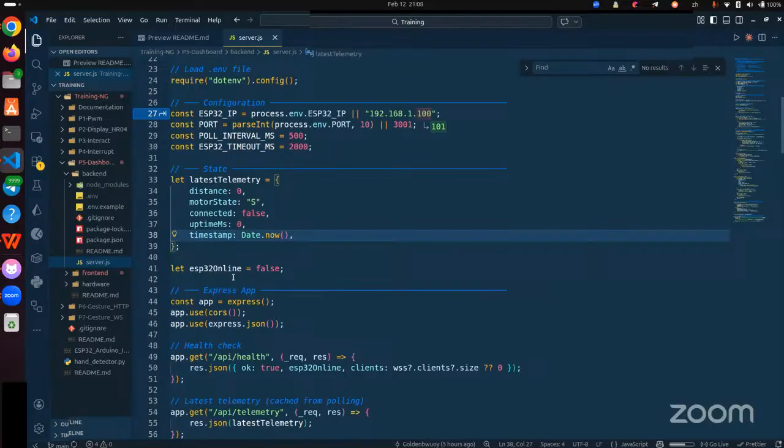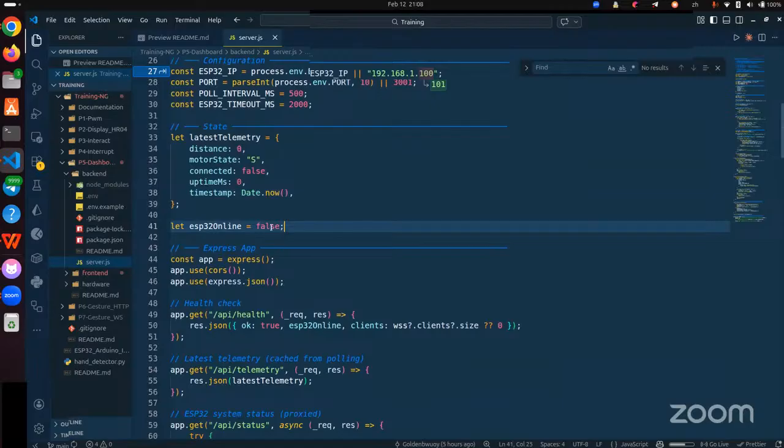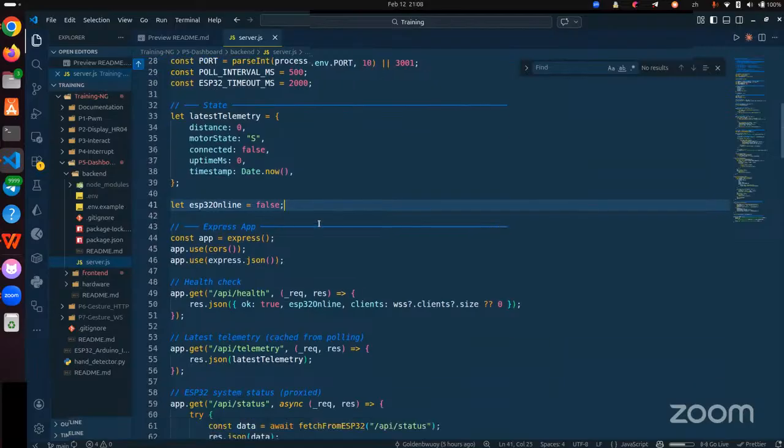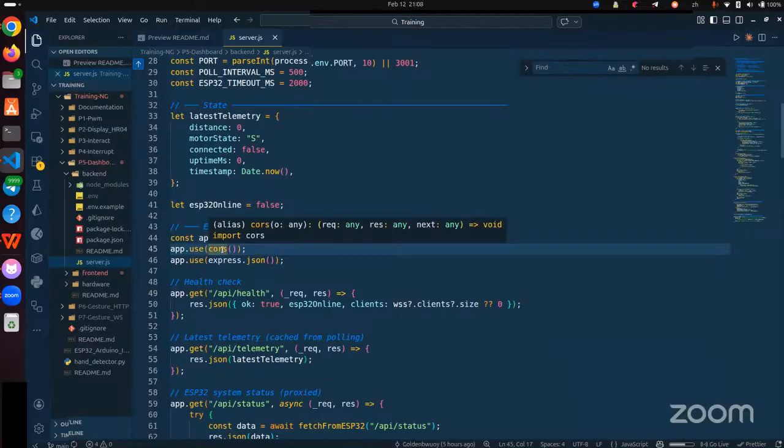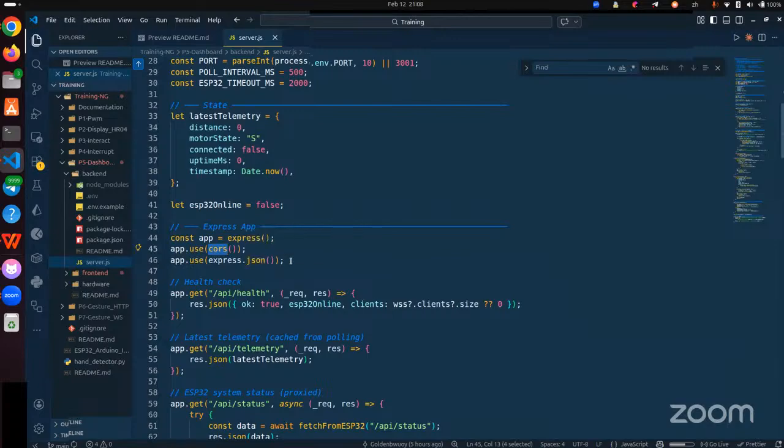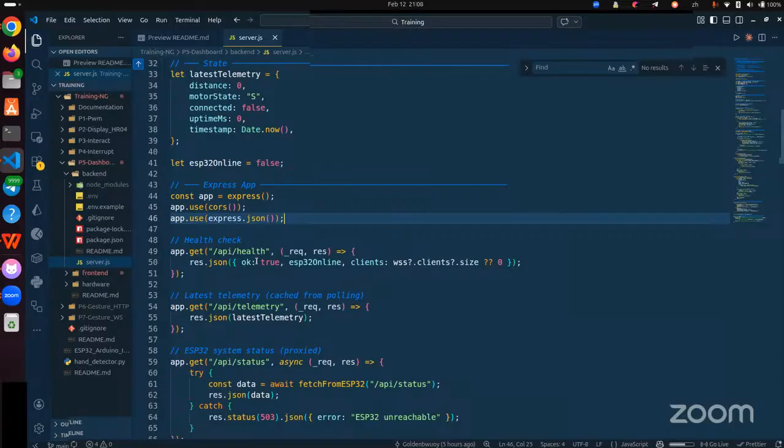Okay, ESP32 online, that's a variable that we declared false by default. So here we instantiate our Express and then use this middleware. CORS is for cross-origin resource sharing, and then express.json to handle JSON data. All right, so we do have some